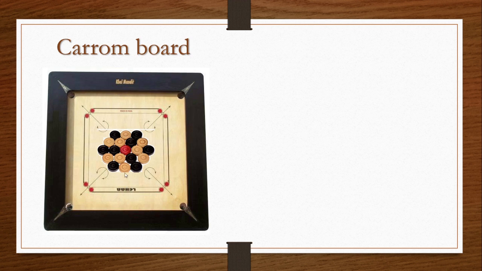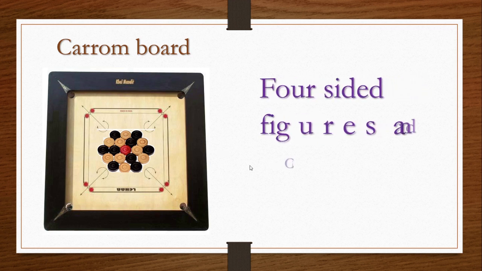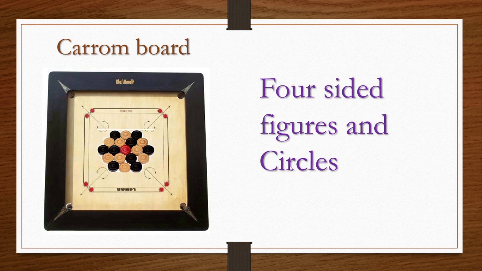Yes, what we can see, which shape we can see in this game. This wooden piece also is a four-sided figure, and this black border is also of four-sided figure, isn't it? And what about the coins? Yes? Yeah, circles. Very good. Here we can write four-sided figures and circles you can see in this game. Am I right? Here also you can see the holes. They are round, or we can see the shape of a circle here.